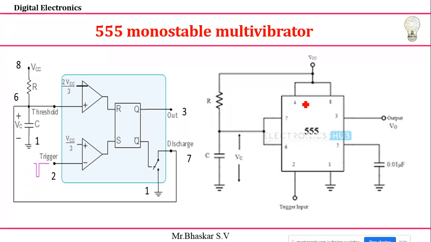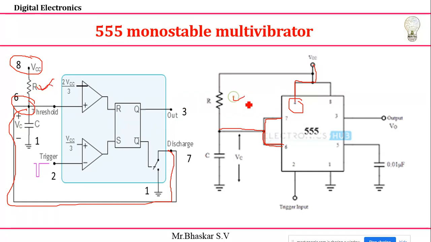I already told you that this is pin number 4, and you need to connect it to VCC, so I'm connecting it to VCC now. Between 8 and 6 you have a resistor. Pin 6 and 7 are already connected, right? That's why I shorted my 6 and 7, and this is connected to the resistor R. After that you have a capacitor connected to the ground. This is my capacitor voltage. It is only an extra circuit. In the IC, you just connect R and C, and it acts as a monostable multivibrator.